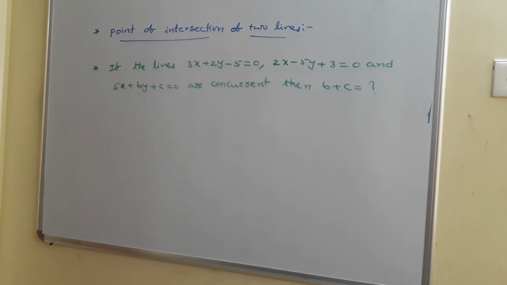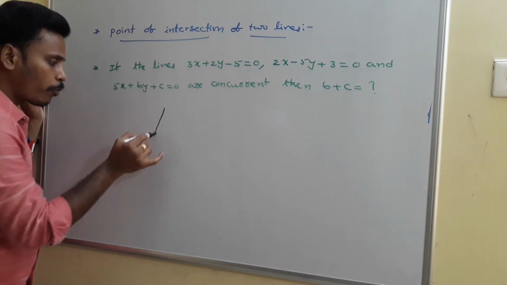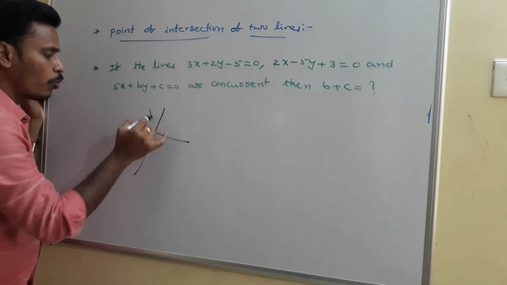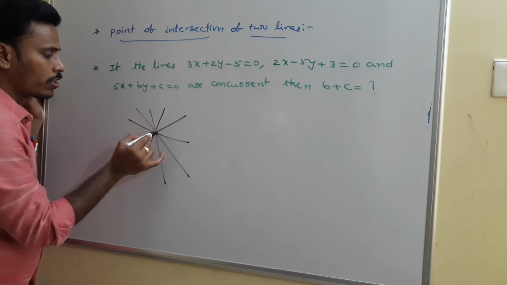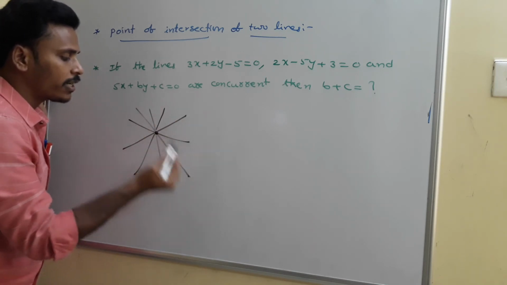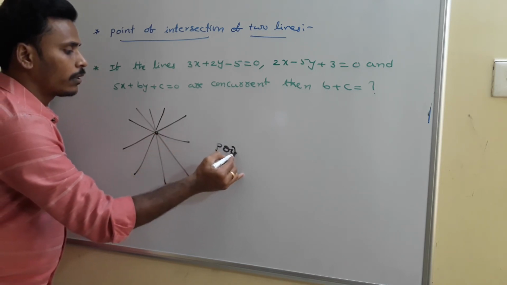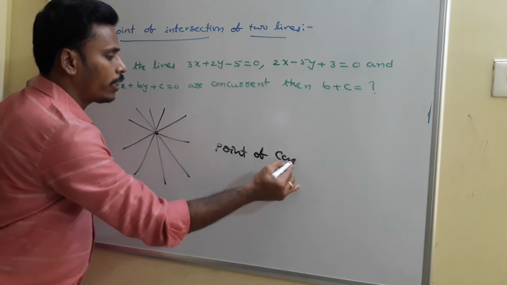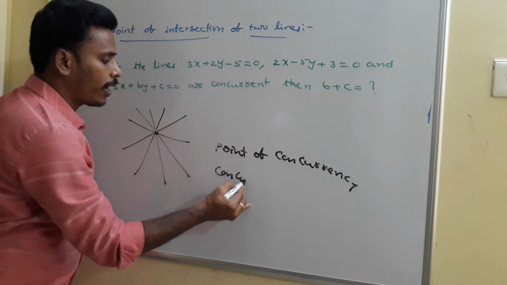See, the problem is about concurrent lines. What is meant by concurrent lines? First of all, that's what we need to discuss. See, if I have a point, then passing through this point, if there exist many lines, 2, 3 or more lines, passing through the same point, we know that there exists an infinite number of lines, and all these lines are called concurrent lines, and that point is known as the point of concurrency. Those lines are called concurrent lines.